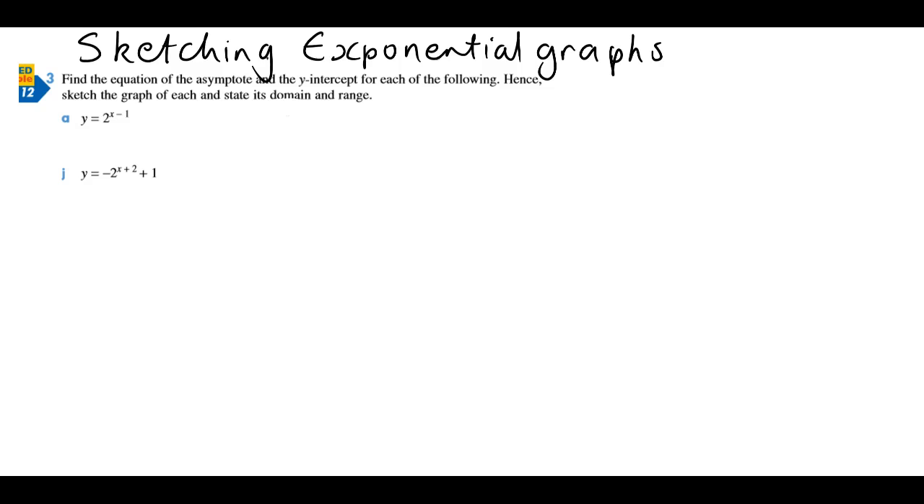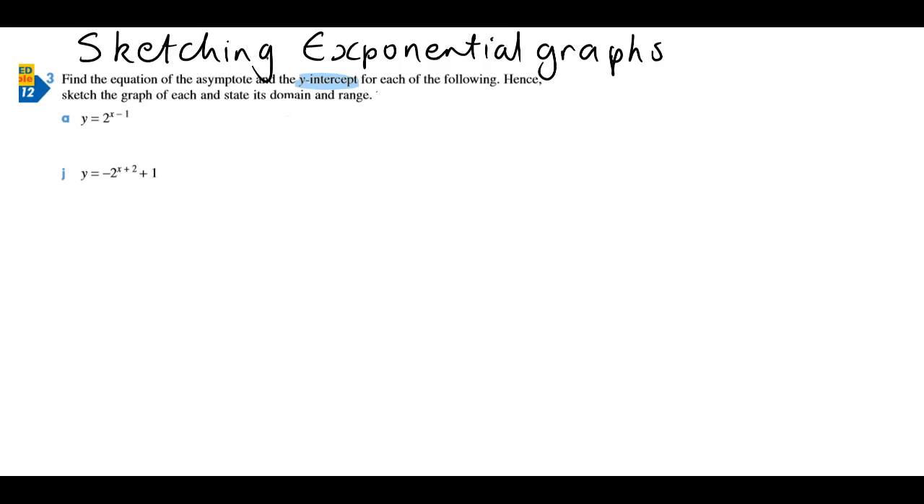Okay, and here we have an exponential graph question. Find the equation of the asymptote and the y-intercept for each of the following, hence sketch the graph and state its domain and range. So first of all, I'm going to start with the y-intercept, just because that's the bit that's a little bit easier to calculate. Okay, so for question 3a, the y-intercept